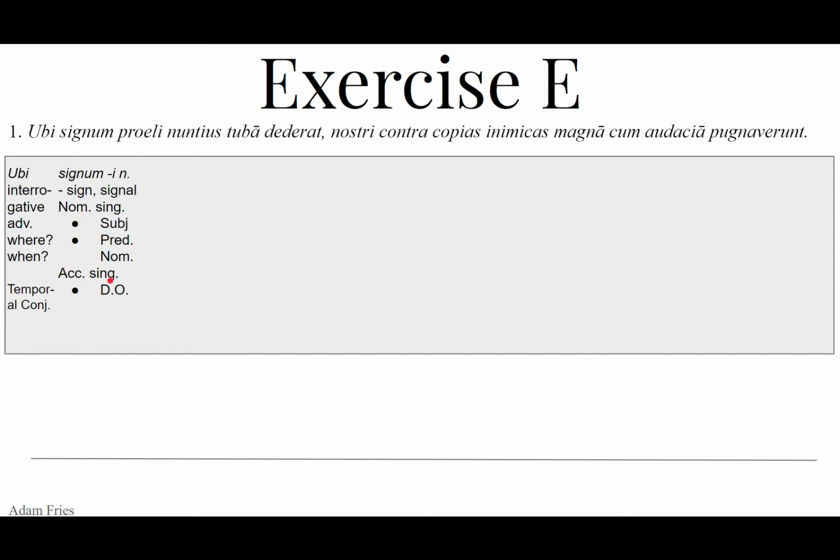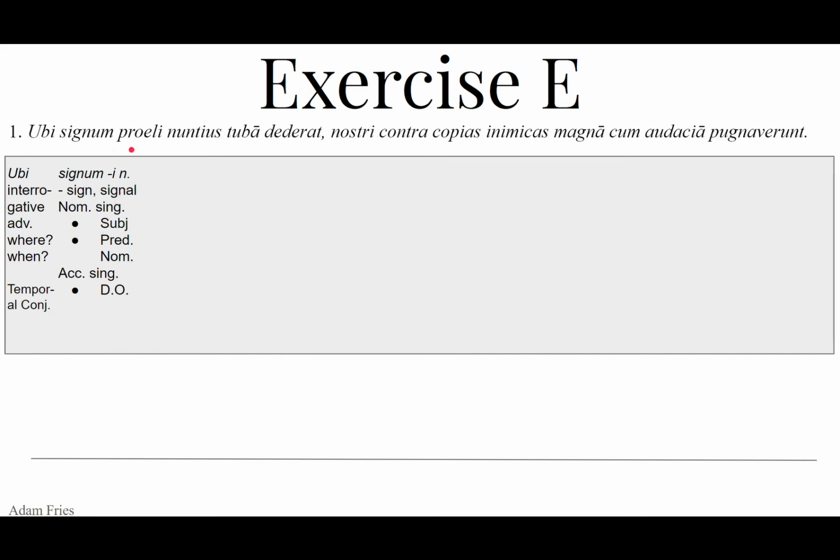So either the accusative singular, and if it's accusative, it's probably going to be the direct object. It could be motion towards if it had a preposition in front of it, like in or ad or sub, indicating motion towards, but we don't have that. So direct object is our best bet. But we don't know. Once again, our options are open. It's either the subject or the direct object. Or predicate nominative, but it's probably not.